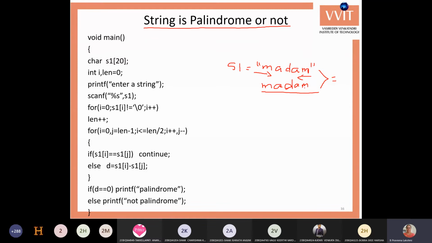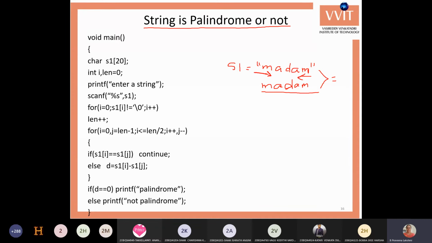So here we can do it in two ways. The first way is to convert the string into its reverse, then match the given string and the reverse string to see whether they are equal or not. Then we can know whether the string is a palindrome or not. The second way is, without copying and without comparing the strings, we compare the letters from the first and last.